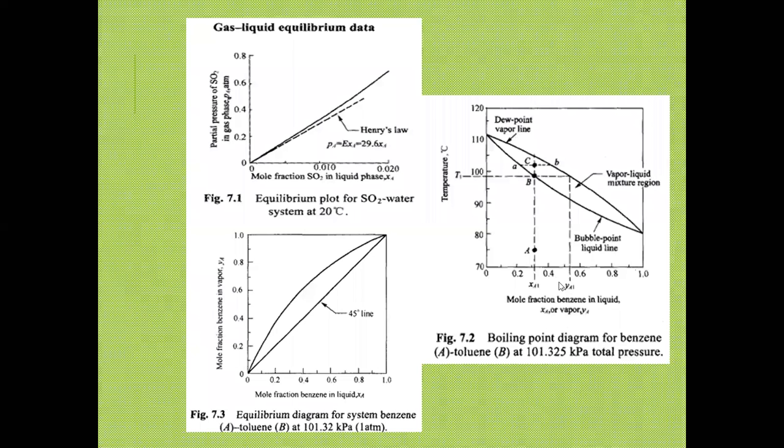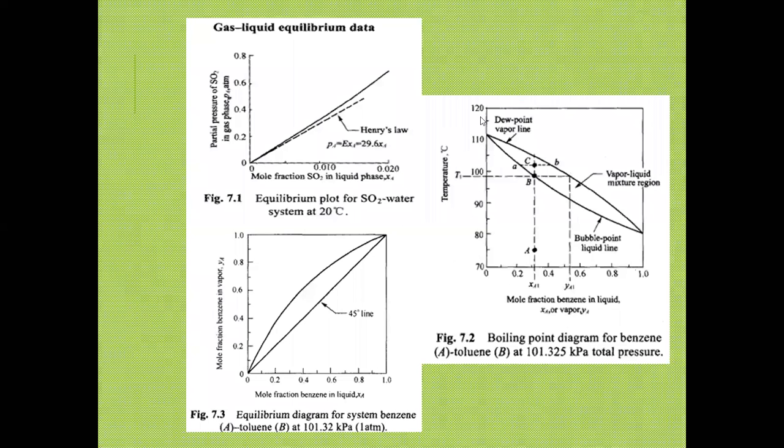Since it's a two-component system, all you have to do is subtract XA from 1, and you will know XB. B is toluene, A is benzene, because you only have a two-component mixture. If you read YA using the saturated vapor curve, then you will have YB as 1 minus YA. It's just as simple as that. So you're given the temperature.